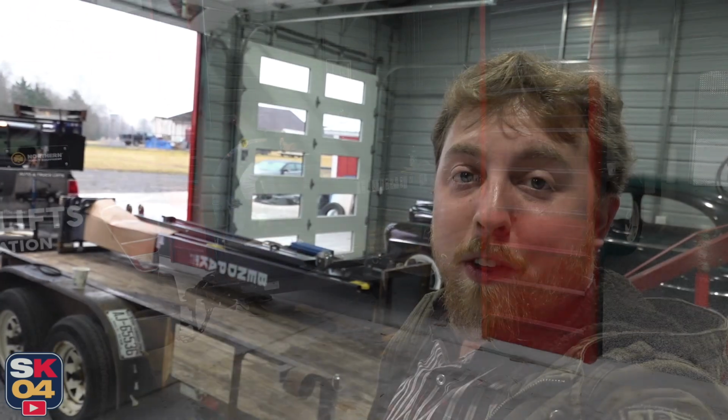Ever since I got my other shop up and running, I've had a Benpack Grand Prix Series lift. They offer 3 different heights of those. I have the middle height, and they're really nice because they're perfectly suited for low ceiling garages and more narrow spaces, but they still offer really good functionality. However, with this new shop, it's 30 by 70 with 14-foot walls, so we have a lot more room to work with. So this 2-post lift is their